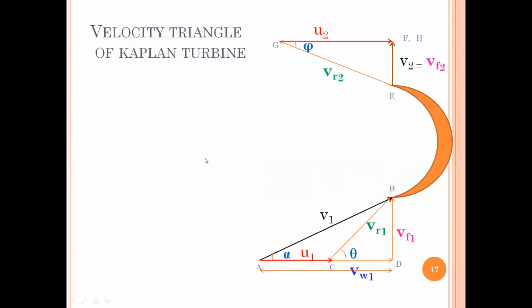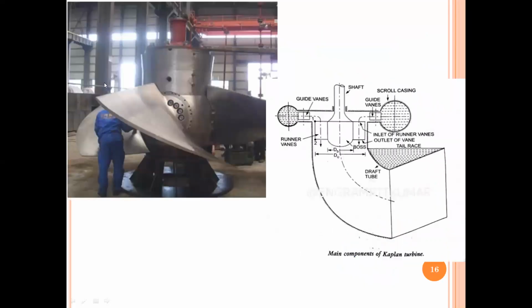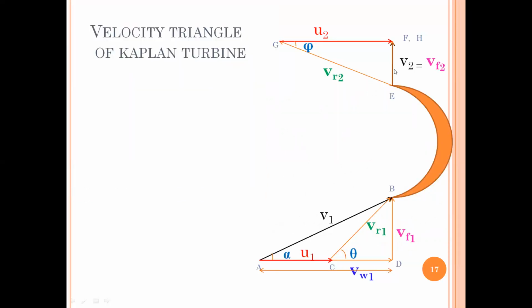Now here the velocity triangle looks the same as my Francis turbine. At inlet, you have V1, U1. Based on varying V1, U1, we have the relative velocity, VF1, VW1, etc. And at the outlet, remember, it is passing straight, radially outward. When I say radially outward, I mean with respect to the vane, it is going radially outward. So my beta angle is again 0, and that's why your V2 is equal to VF2, and we have no component of VW2 coming into the picture.